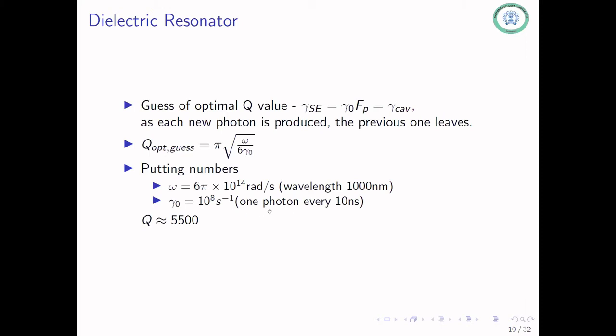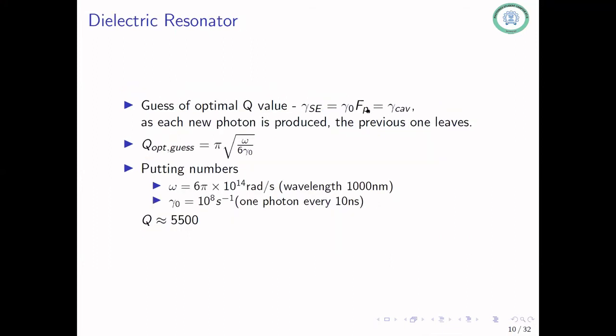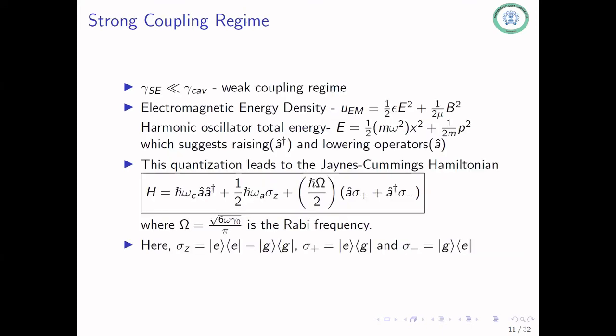But one of the important things that we have been assuming so far implicitly is something called the weak coupling regime. So we are considering that the emitter is quantized, so there are discrete two levels and so on. But we are not really considering any kind of quantization of the field. This is valid in the regime when your spontaneous emission rate is much smaller than gamma cavity. But in our earlier condition, we put that both of them are the same. So our analysis is not rock solid in that case.